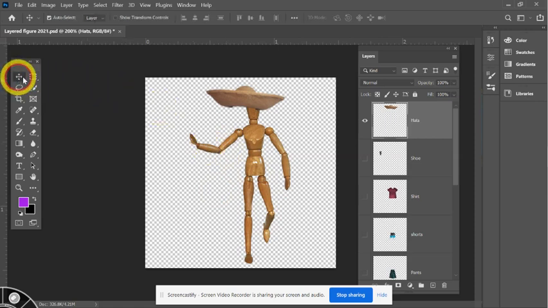Back to my move tool. Let's see if I can put it on his head. It's a little big for the skinny figure's head, so I think I'm going to make it smaller. How do I do that? Well, I know I'm on the hat layer because it's in gray. Anytime you want Photoshop to do something, make sure you have something either highlighted, selected, or you have the layer